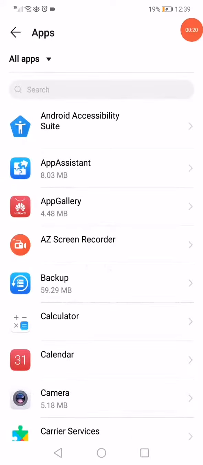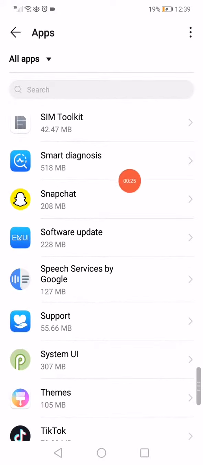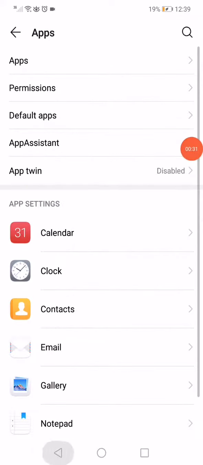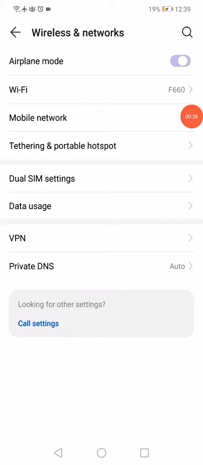When you open the apps manager, on this page you will find all the apps. Scroll until you find Snapchat, click on it, click on force stop, and then go back to the settings, click on wireless and networks, enable the airplane mode for 7 seconds, exactly 7 seconds, and disable it, and then open